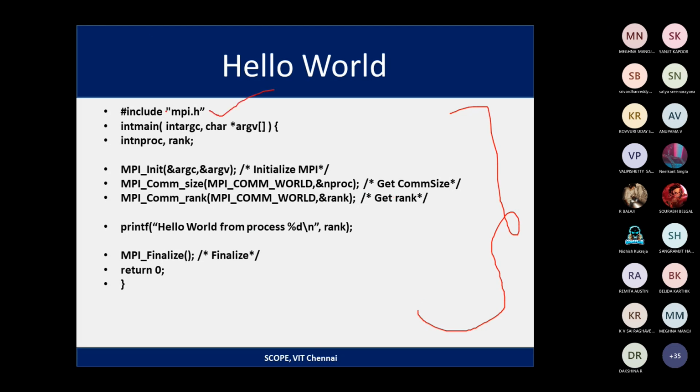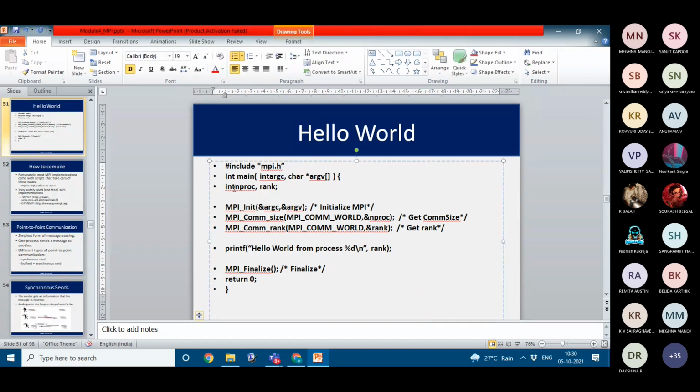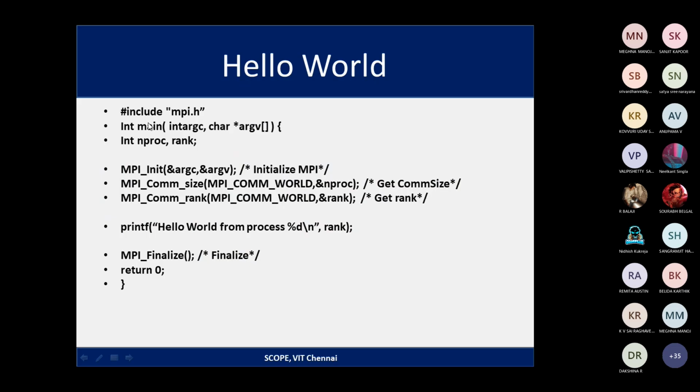So this is the basic hello world code for MPI. We need to include the header file, then start the main function. Hash include MPI.h, then the main function. Then I need the number of processors. For that I am taking an integer variable, and for reading the rank, that is the processor ID, is required. So this is the rank variable for the process ID, and n processes for the number of processes that are required. So these are the two variables.